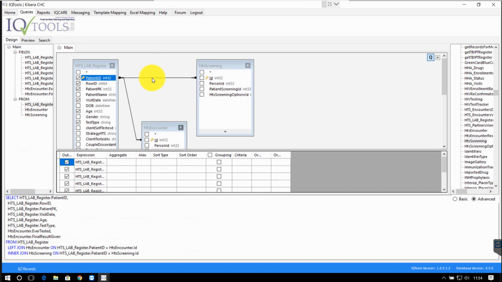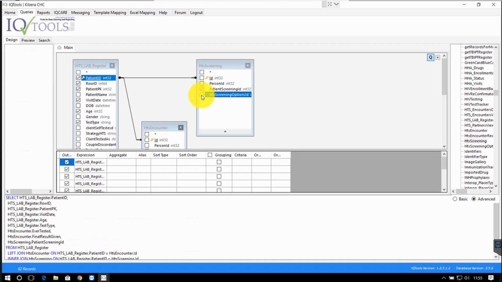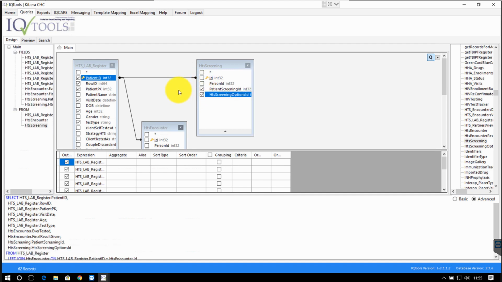Then, communication from the dominant table to the third table. Click on your desired variables from the third table. And again, between the link, right-click between the link and confirm that the first table will always be the dominant table by selecting all rows from the dominant table.